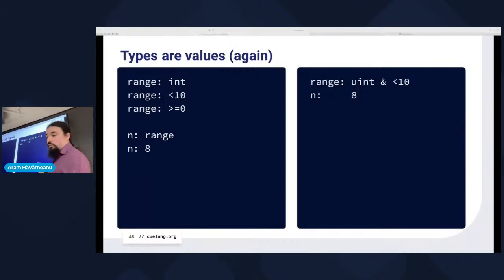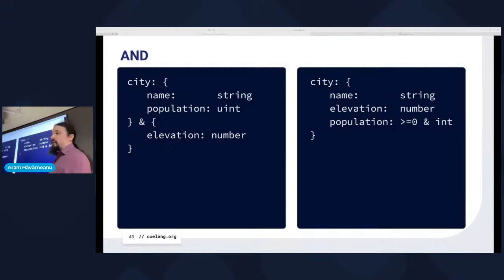And of course, we can do that ourselves. We have end, and that's very important in Q. We have this logical end, and the way it works is sort of like this. We try to declare a city, and we do it by doing the end of essentially 2 anonymous structs. The first one has a name and the population, and the second one has only the elevation. But what happens really is that whatever city is, it has to have all these properties, the first one and the second one. So the output is basically that we add fields this way, so we can add more fields to things.